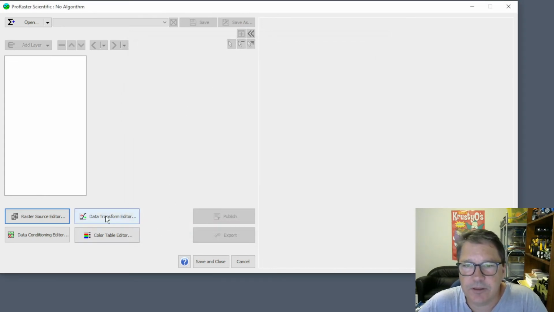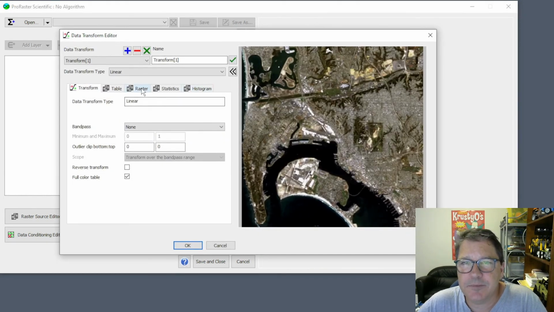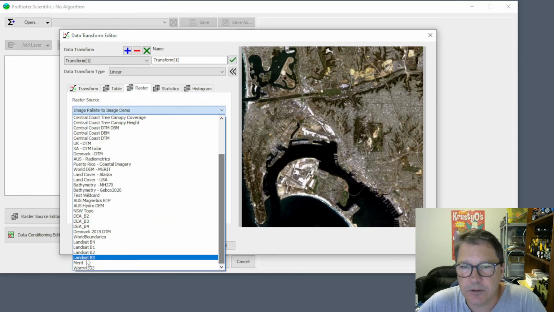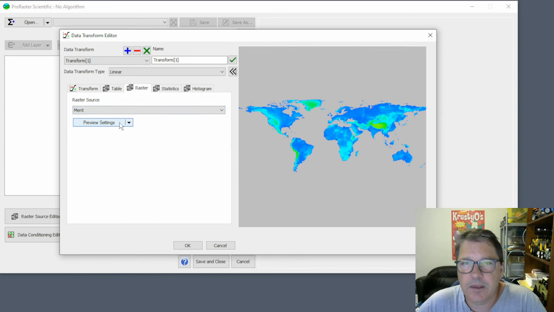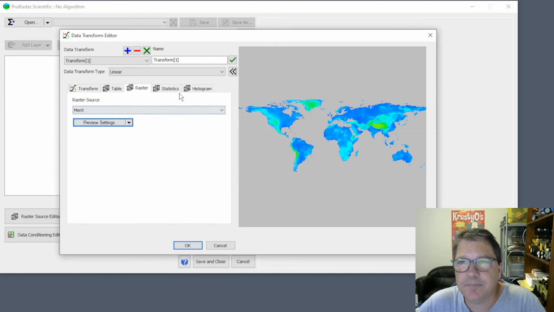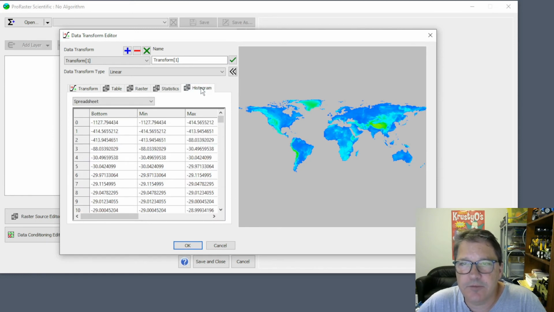You can also go via the data transform editor. And so if we go into raster here and select Merit, you can select your field and band. You can go for default, or you go into manual settings and select the field and band. In this case there's only one. Then you get your statistics here. So here's your counts, your summary, your distribution statistics, your spatial statistics,